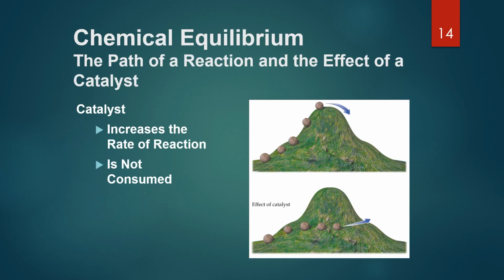So here we have two examples that kind of show the path of the reaction and the effect that a catalyst has. So the catalyst increases the rate of the reaction, makes it go faster. We also said the catalyst is not consumed. So you can kind of envision this as the reactants are trying to go over a hill. Right? A tall hill is going to be harder to go over. It's going to take longer, making it slower. Well, what a catalyst does is it just gives those reactants a different route, a way around the hill, so a smaller hill, if you will, making that reaction happen faster.